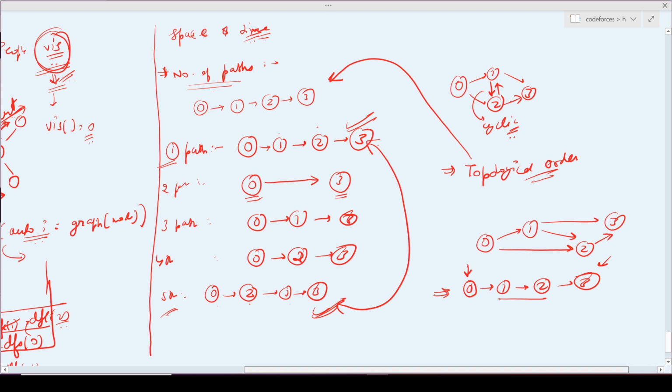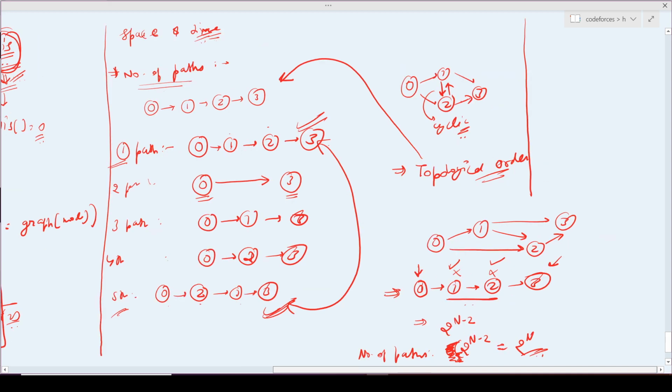So, the number of paths will be O of 2, sorry, let's take O in the last, so it will be 2 raised to n minus 2. So to make it whole, let's take it as 2 raised to the power n. So these are the number of paths possible, but now you might clearly see that for every path, let me scroll it, yeah, let me add it here.